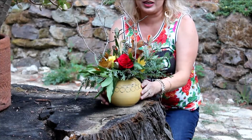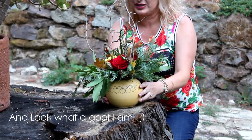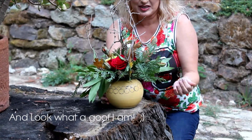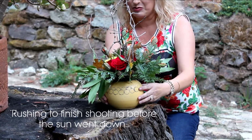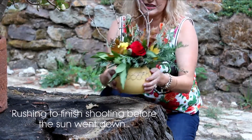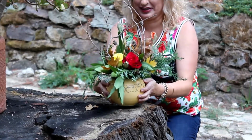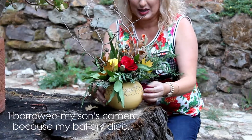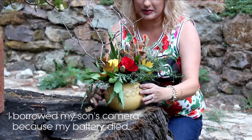Look how gorgeous this is. It allowed us to take a walk on a beautiful fall day, take some of nature's cast-offs and bring them into our home. It smells, oh, it smells so good. We put the weight of our arrangement here at the bottom because of the weight of